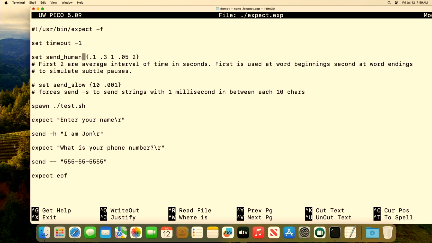So you can change these numbers and simulate different speeds of text input based on your desired output. So now if we run this script,